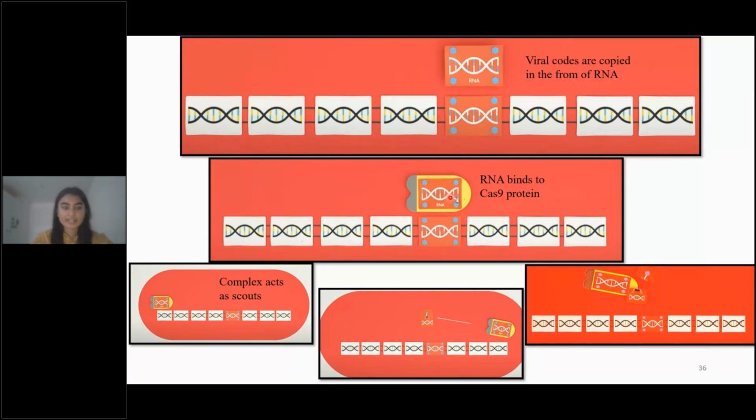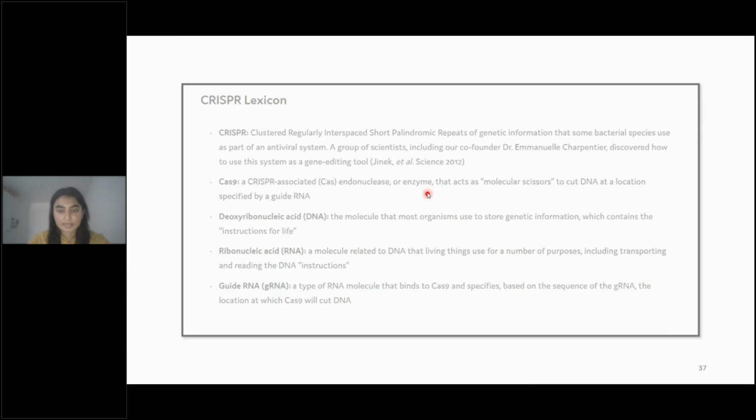And it acts as a scout. It will go from left to right like that. It will act as a scout, and as soon as it thinks, okay, the same type of virus is attacking me again, it will go and chop it off. Why? Because now it knows, because I already have a copy of it in my genome. So it will go and chop it off. That's how it basically works.